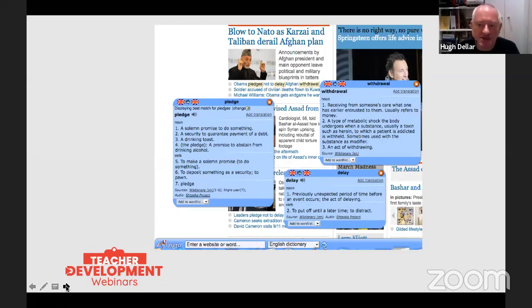The problem is the dictionary that it uses isn't written by lexicographers. It isn't written by people who know how to explain language in a way that's easy for foreign students to understand. It's all open source, free access dictionary online, and it's really not very good.